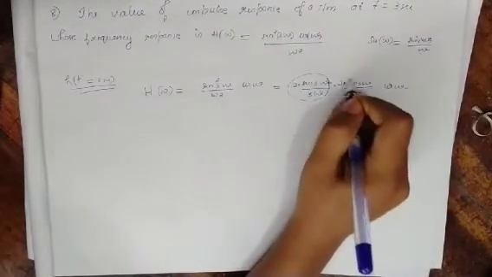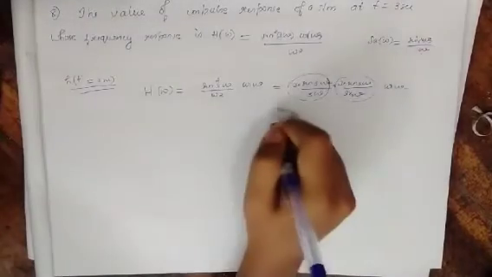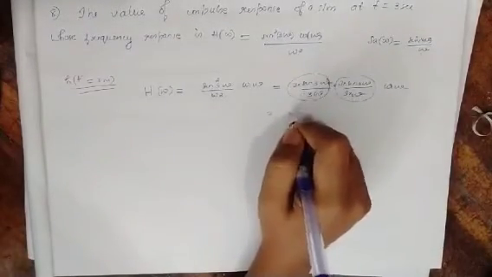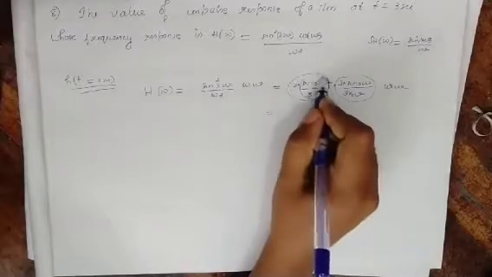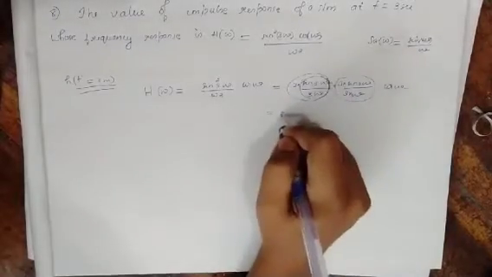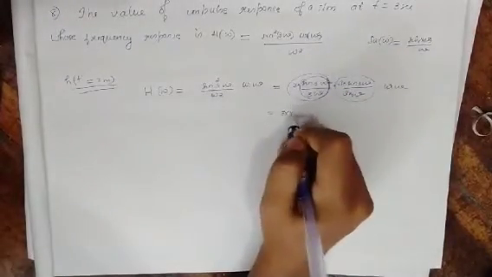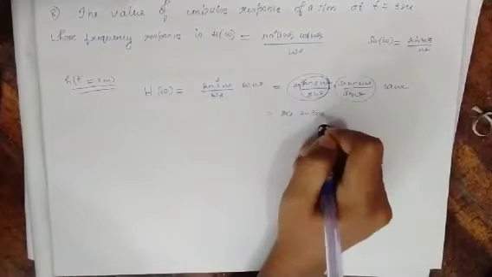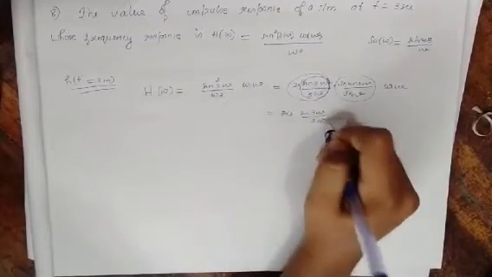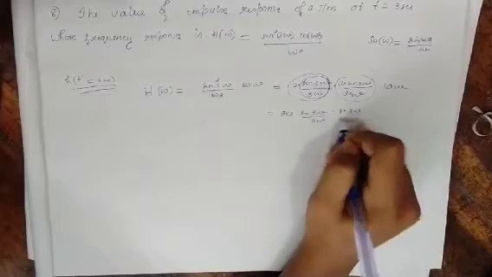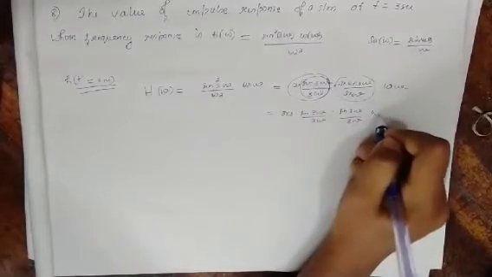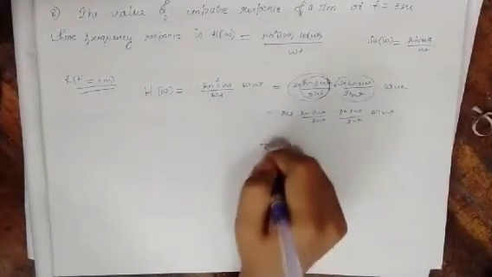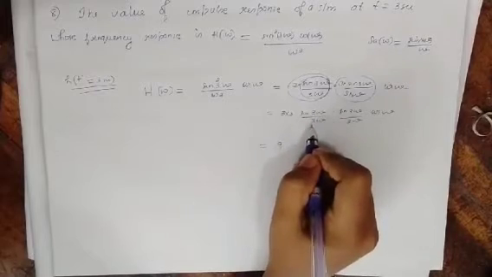Now I can write this is actually sine 3 omega divided by omega. I am taking this 3 and 3 outside. The rest will be sine 3 omega divided by 3 omega into sine 3 omega divided by 3 omega into cos omega. Okay, equal to 9 into sine 3 omega divided by